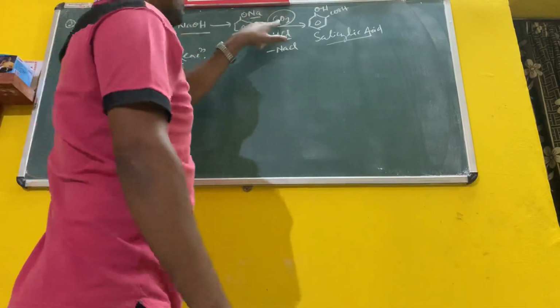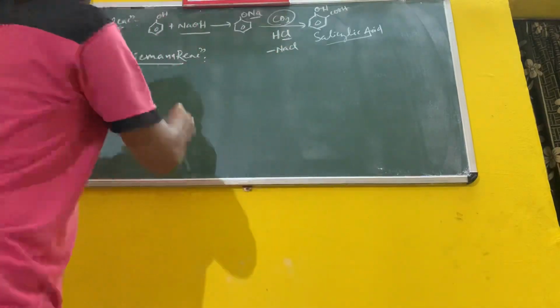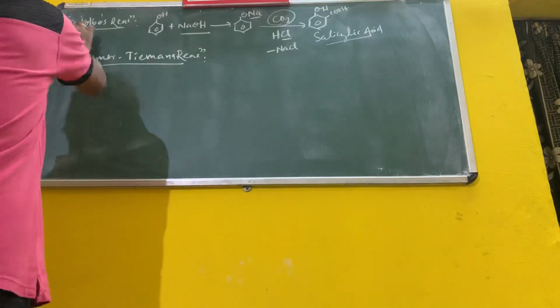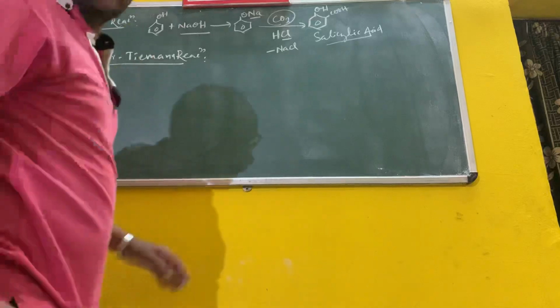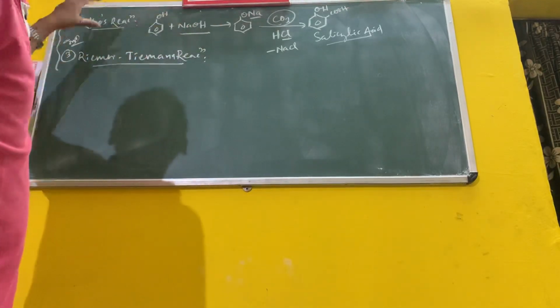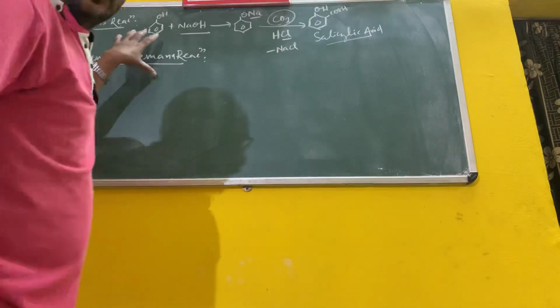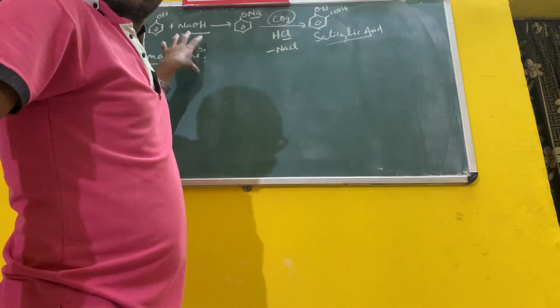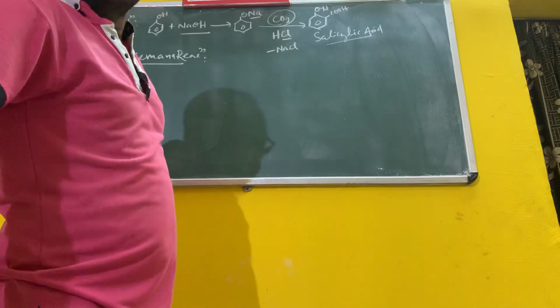Start with sodium hydroxide, then carbon dioxide. You have to remember this one, Kolbe's reaction. All these reactions are important because these are name reactions. So remember carbon dioxide and sodium hydroxide. But in the Reimer-Tiemann reaction, you have to remember chloroform in presence of sodium hydroxide again to form